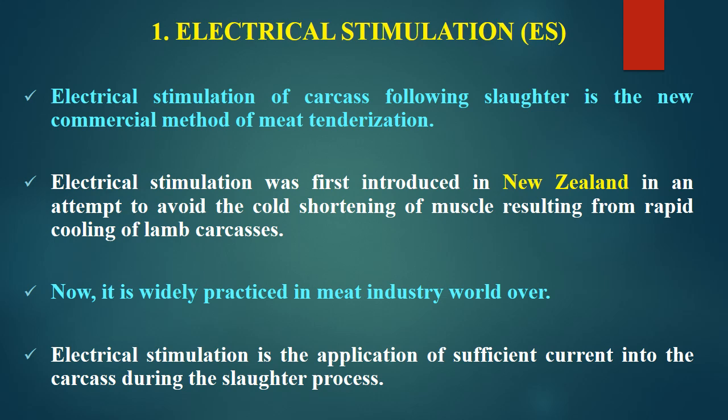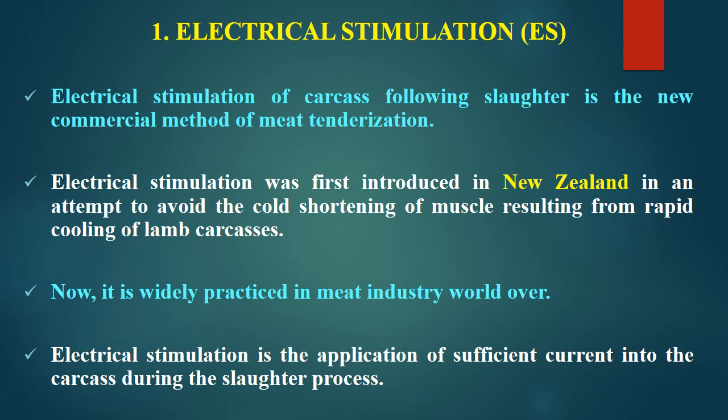We have discussed earlier in many lectures that normally we recommend that the carcasses should be chilled at the earliest. But if we chill the carcass before the rigor mortis is over, it leads to shortening and the meat becomes tough. So to resolve this issue, they developed a new concept, that is to apply electrical stimulation, which causes early setting of rigor mortis, and then we can go for early